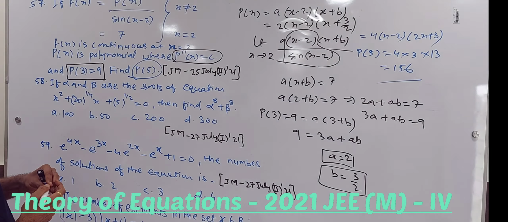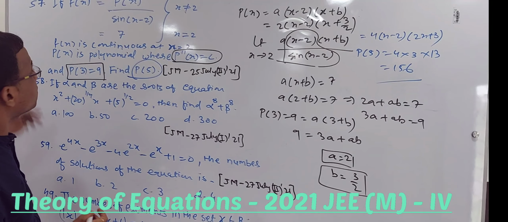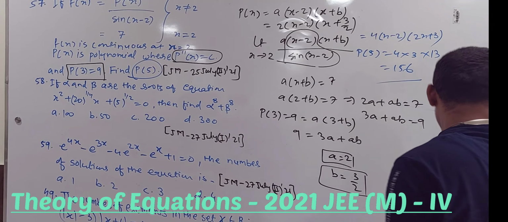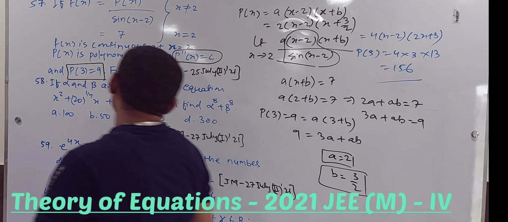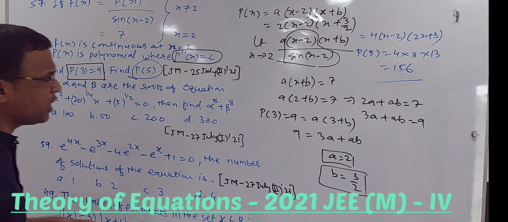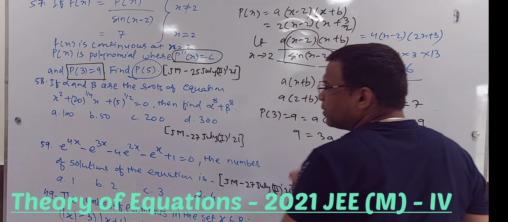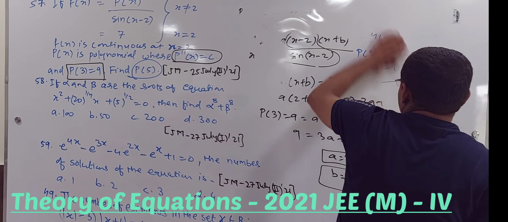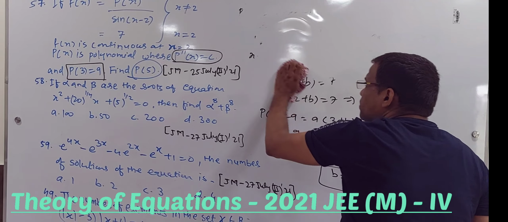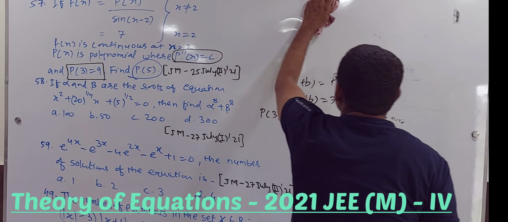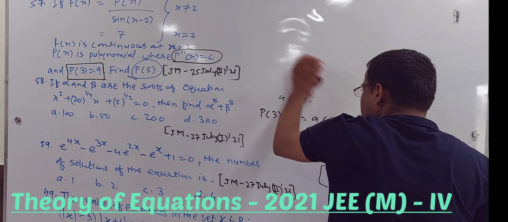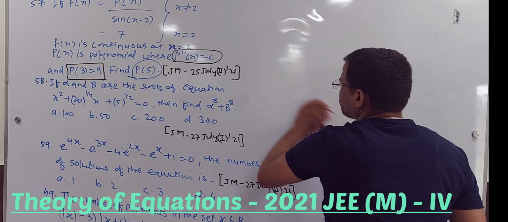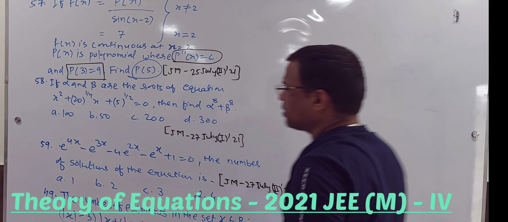Do we have answer 156? Okay, this was your integer based question. So the answer is coming to be 156. Not so tough a question, I hope that this is fine with you guys. Then comes the 58th question. I told you it's a beauty, but it is not so tough. I called it a beauty because it requires a concept of continuity, and after that it is simple basic algebra and arithmetic, nothing else.